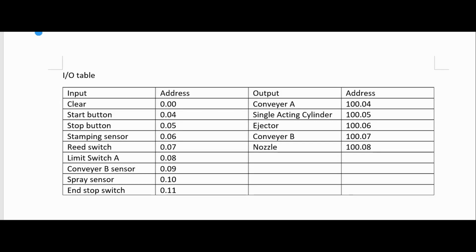This is the I/O table. There are 9 inputs and 5 outputs. For the 9 inputs, there are clear with address 0.00, start button with address 0.04, stop button with address 0.05, stamping sensor with address 0.06,